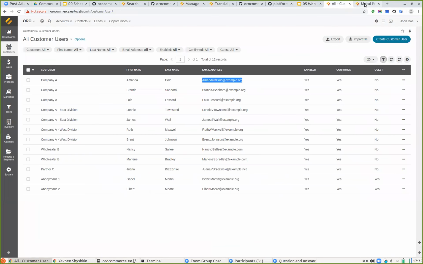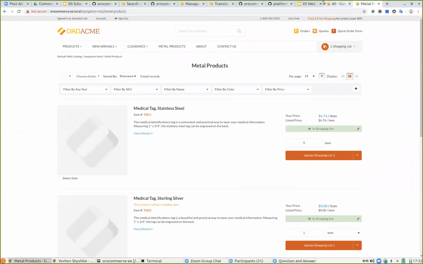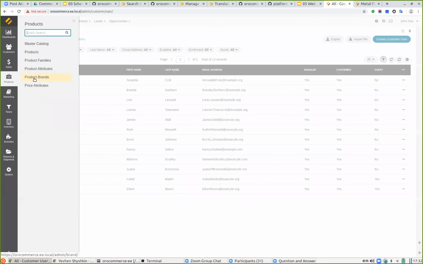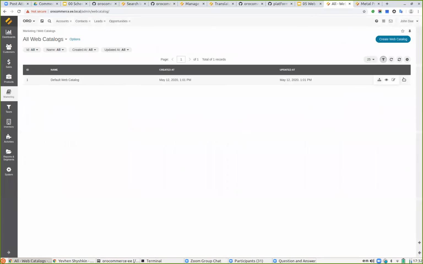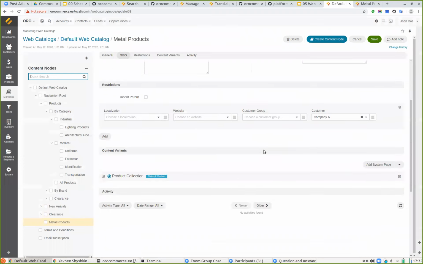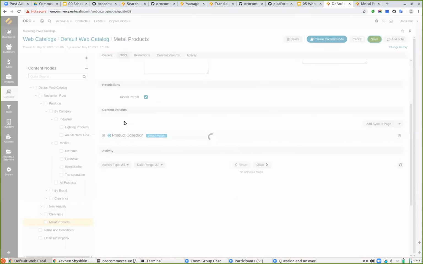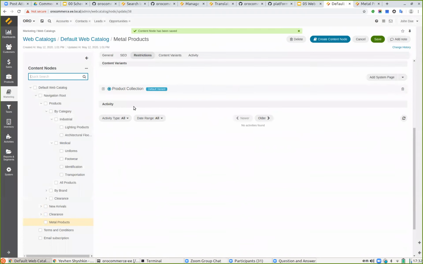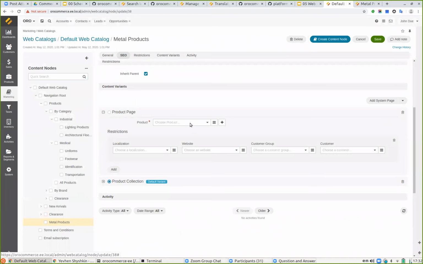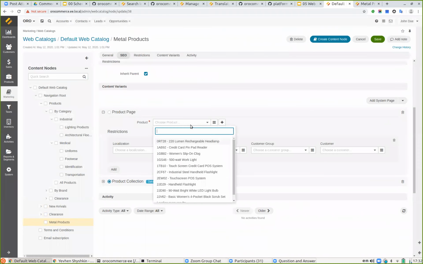Let's try to set something for this specific node too. Let us go to the management console. Again, I need to use my web catalog content tree. I will use the same metal products. I will just uncheck the restriction here. And in the content variant section, we have multiple variants. Let's say by default it will be the product collection we see right now. But for customer A, I'm going to show a special product. Let's say the